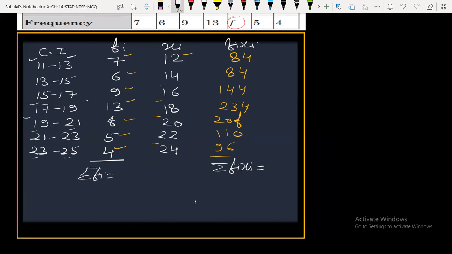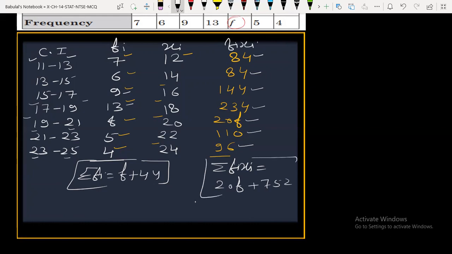So 7 plus 6 plus 9 plus 13 plus f plus 5 plus 4, आप इनको ऐड करेंगे तो ये आएगा f plus 44, and 84 plus 84 plus 144 plus 234 plus 110 plus 96 plus 20f. So this will be 20f plus